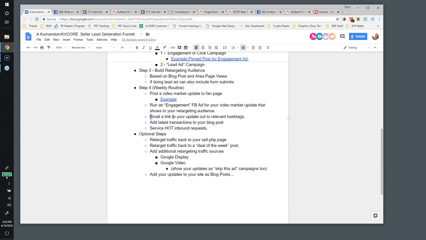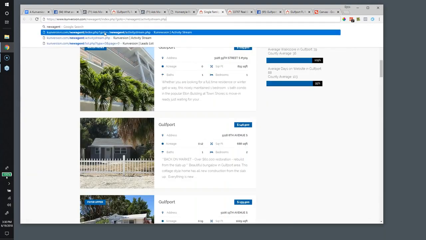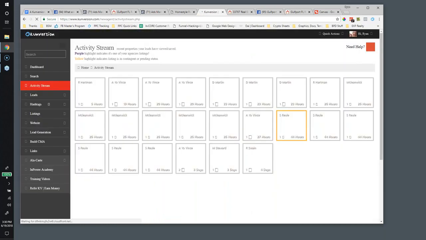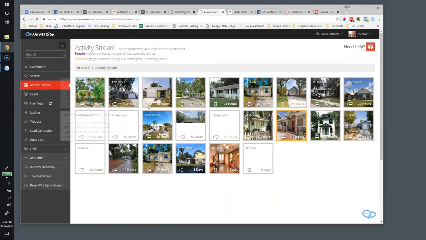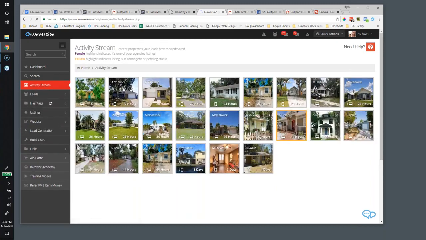Okay, the next thing you're going to do, once you've run the Facebook ad, you can email a link to the update you created to relevant hashtags. And wow, I haven't really logged into Kunversion yet today, but I'll just show you how to quickly do that. So I can send it to everybody, or I can go up here, I can go to quick actions, mass email,